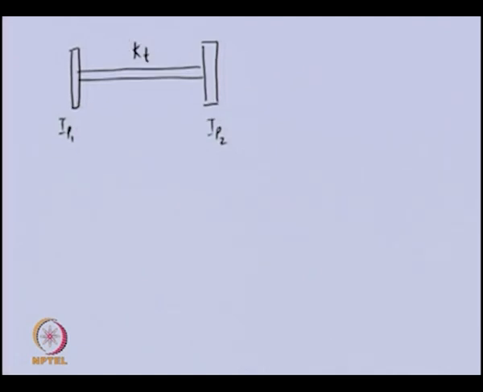Now, we will take a more complex rotor system. Let us now take a two disc system, two discs connected by a flexible massless shaft. These discs have polar moments of inertia IP1 and IP2. The shaft has torsional stiffness KT, and this shaft is supported, let us say, on frictionless bearings, so that